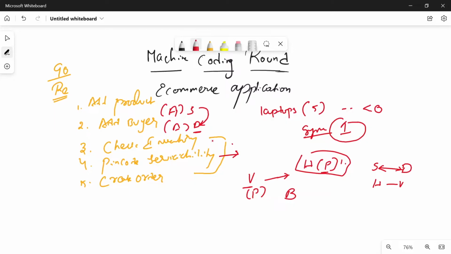This is the one which they asked me to implement. There is one more functionality they asked me to implement while creating the order. While creating the order, there are two types: one is cash on delivery, and the second is online payment through credit card or debit card. They also asked me to add one more condition, and not just source and destination